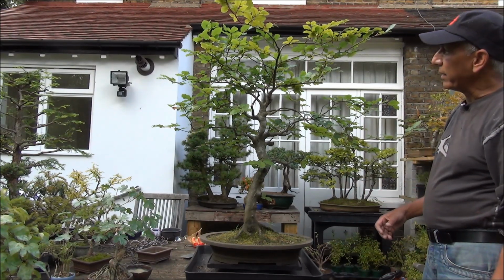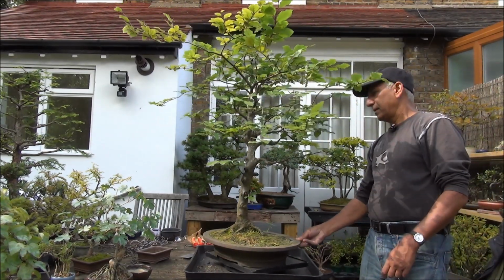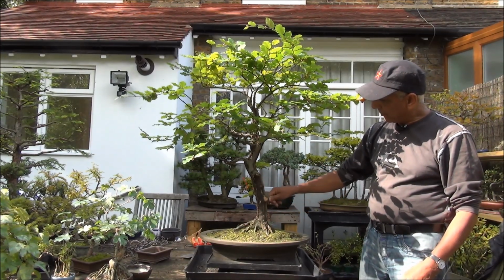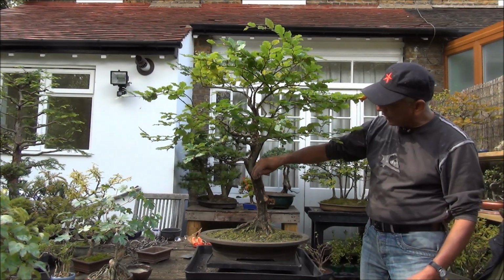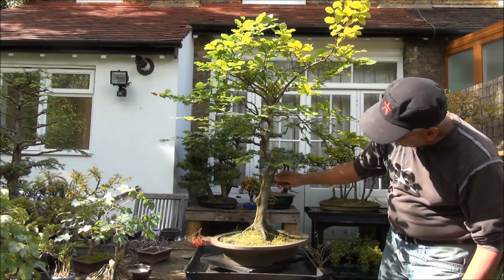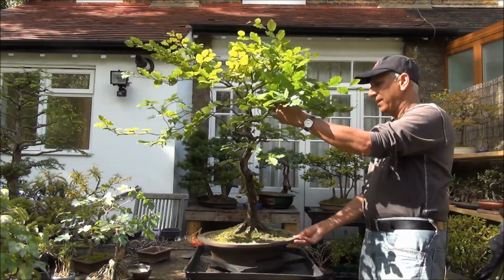I have removed all the wiring, and the branches have more or less stayed where I wanted them to, and I have also tidied up the dead bits where it's callousing over and removed this knob. There are also still quite a few stumps from where the old branches were removed, and it's making the tree look a bit ugly. There are a few more here, and there's another one here, and all the way up along the trunk